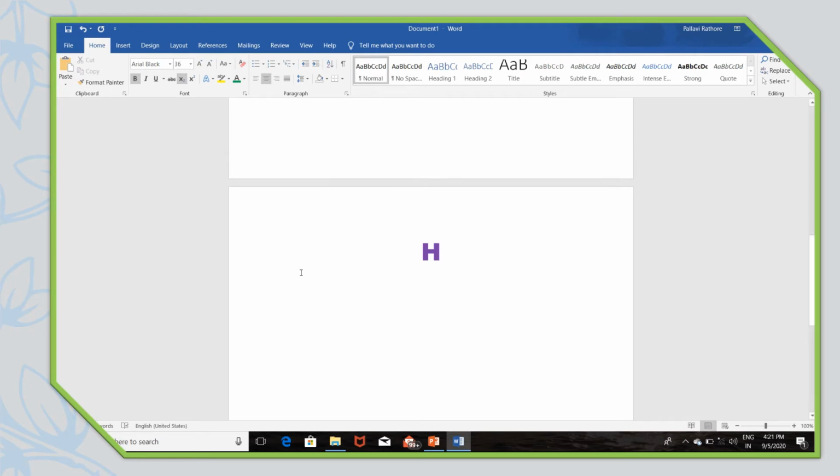Okay, now we will type 2. Then we will again come out from this subscript button and then we will type O. Now you can see the 2 is added as a suffix, as a subscript here. Okay, this is subscript. Subscript is added below a normal text. Here H and O, these are normal text and 2 is added below H. Okay, so this is subscript.